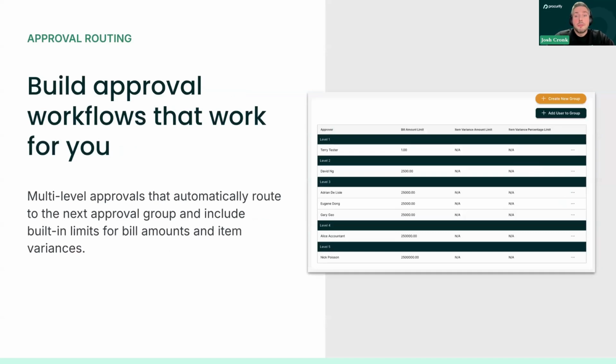You can also set bill and payment approval groups with multiple levels to make sure that you have full alignment before you go to make that payment. And you can be confident once you're ready and everything's signed off. These approval groups allow you to